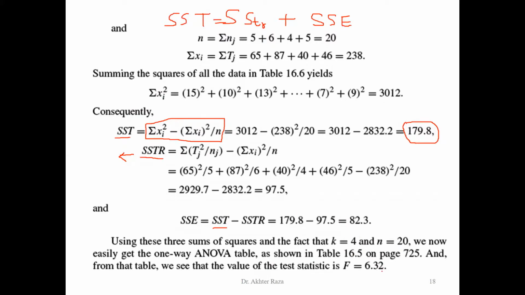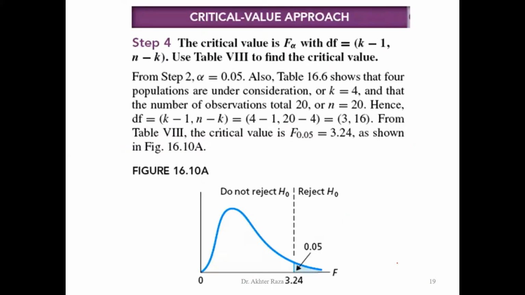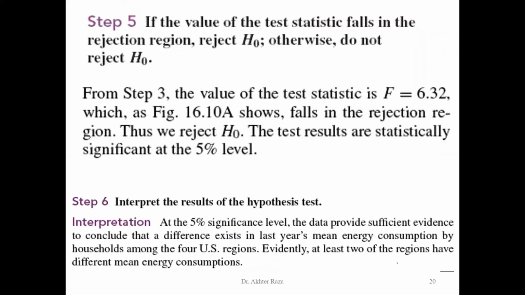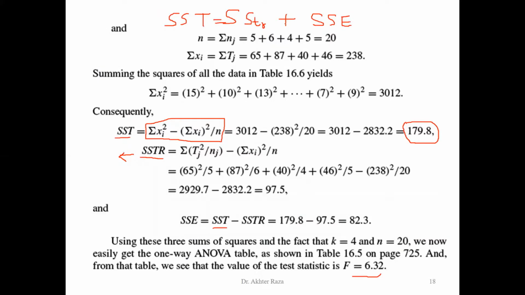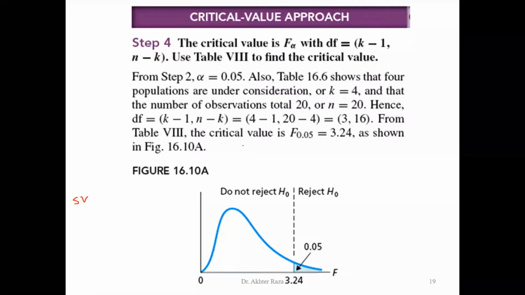So we can construct an ANOVA table. And the F statistic is very simple: you get it by dividing the 2 variances. So the ANOVA table is constructed, and I am just presenting that table here. The first column of the ANOVA table is the source of variation. The second column is the degrees of freedom, DF. The third column is the SS, sum of squares.